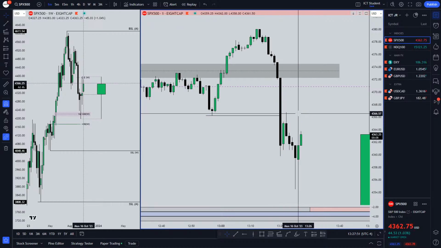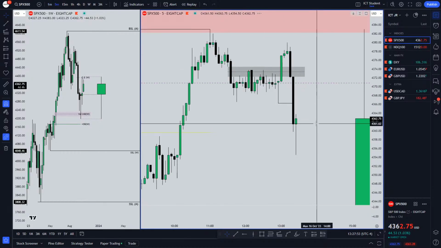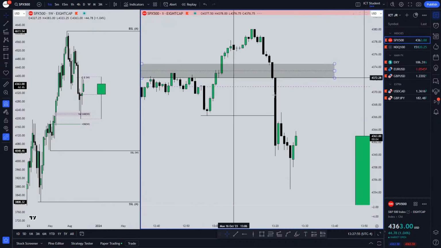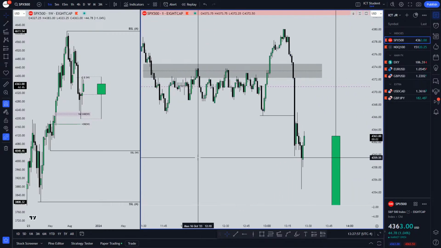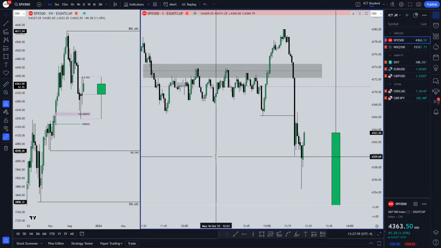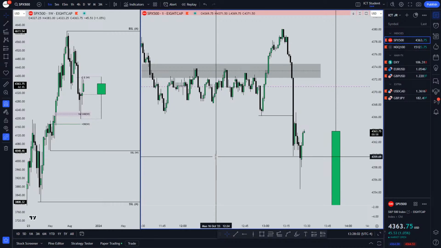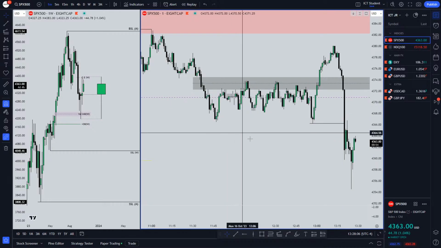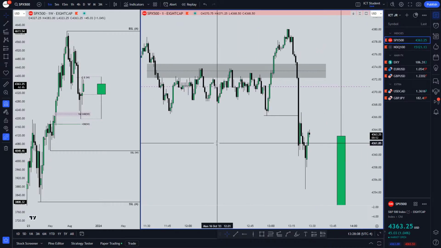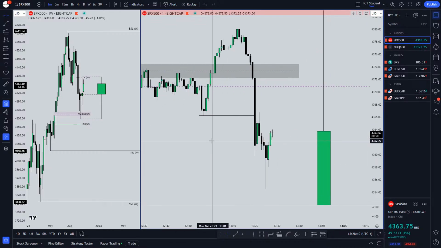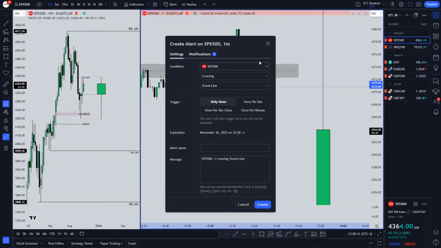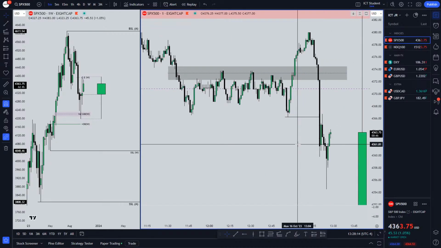So I feel like we did have that market structure shift on the 5 minute. Let's see if we can close in 2 minutes, so I'm just waiting for that. Yeah, do it in the AM. Schedule my class for after 10 a.m. Eastern. That's good. So I feel like that's very ideal.